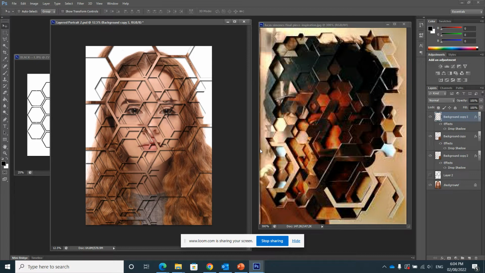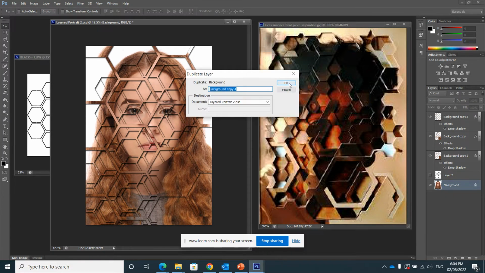So what we can see now is we're starting to build up layers of this sort of honeycomb pattern. Now the other thing we might want to do is if we look at the image on the right is just cut through some actual hexagons themselves. So we're going to repeat the same process, but this time we're going to select a different area of the picture. So I'm going to go back to the background layer and the layer palette, click on that, right click,